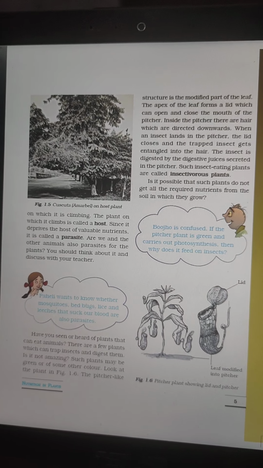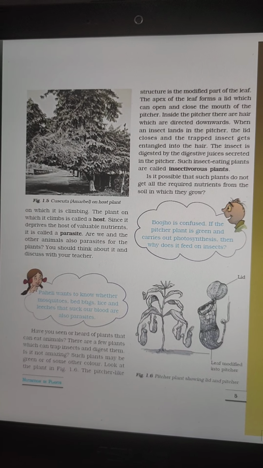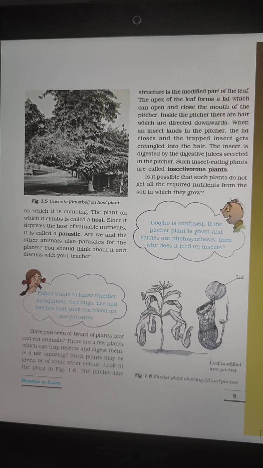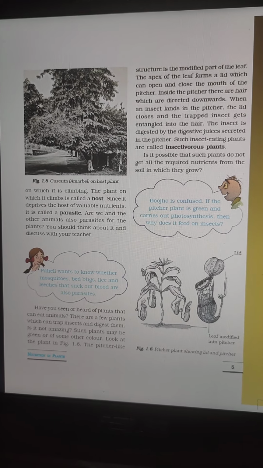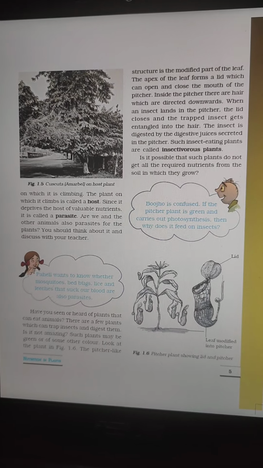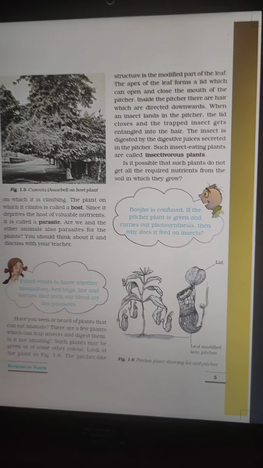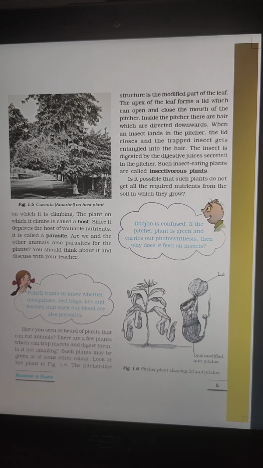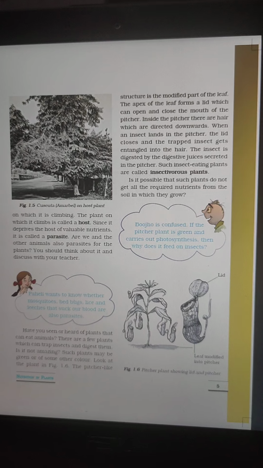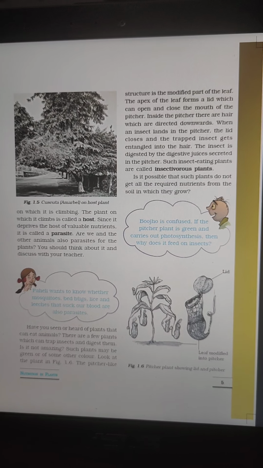Second one is parasitic nutrition, the mode of nutrition in which plants take their food from the bodies of some other green plants or some other animals. The plant or animal which provides the food is called the host. These may be total parasites or partial parasites. Plants such as Cuscuta, that is called in common language amarbel, are totally parasitic and take the food